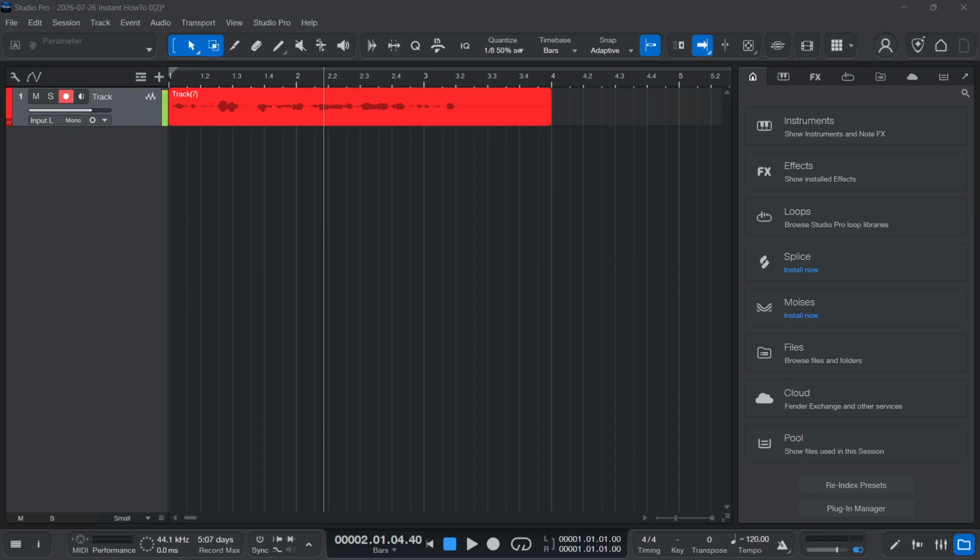In this video, I'm going to show you how to bounce in Studio One. Now, it's actually super simple. All you have to do is click on your audio to select it like this, and then you have two